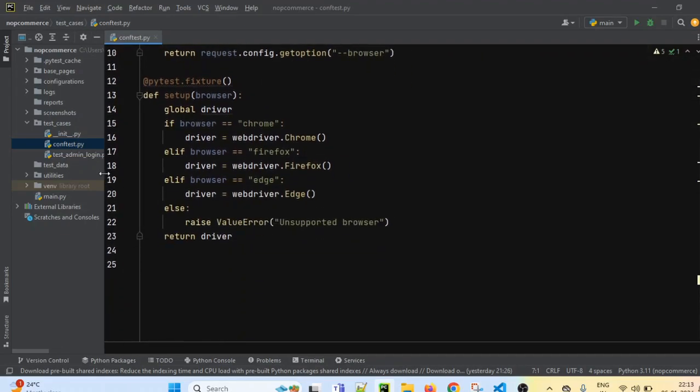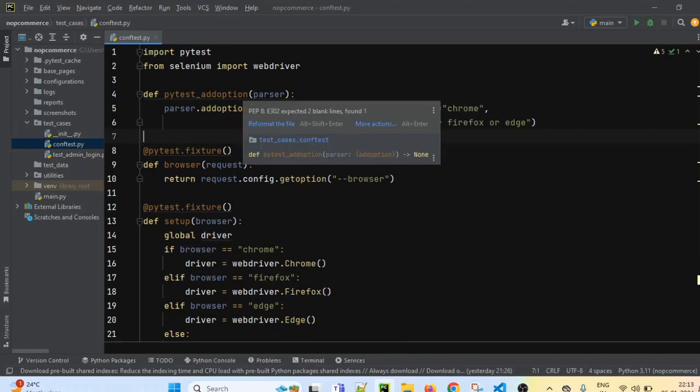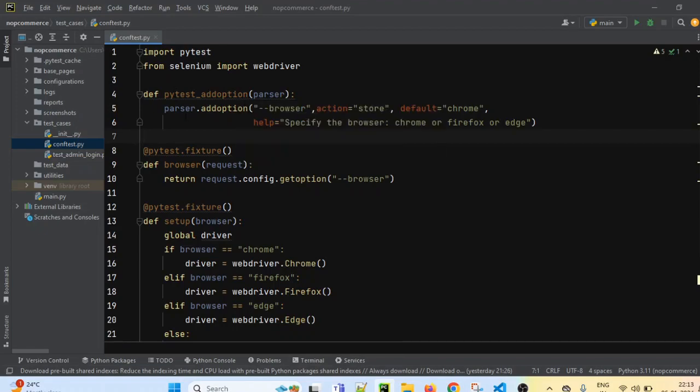So let's revise one more time what we have added so far. In the first step, we added pytest add option for defining the browser command line input. Then we created two fixtures, that is browser fixture and setup fixture. Browser fixture is returning the value of browser, which will be passed to setup fixture. Browser fixture accepts the command line input for the browser name and gives that value to setup fixture.